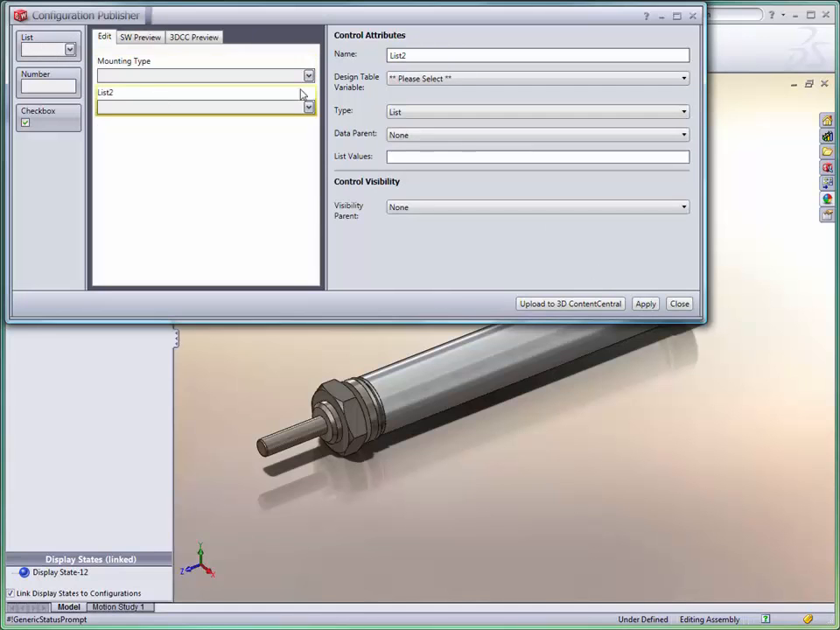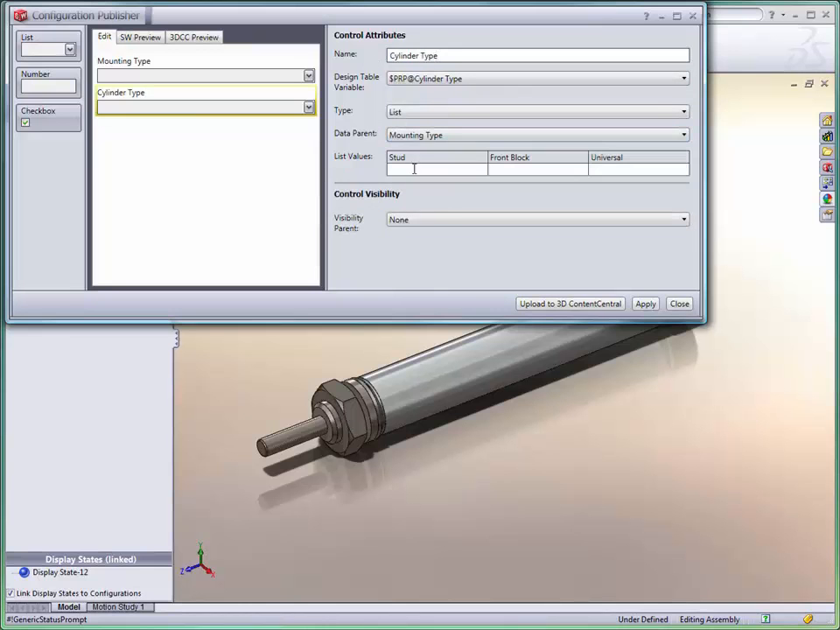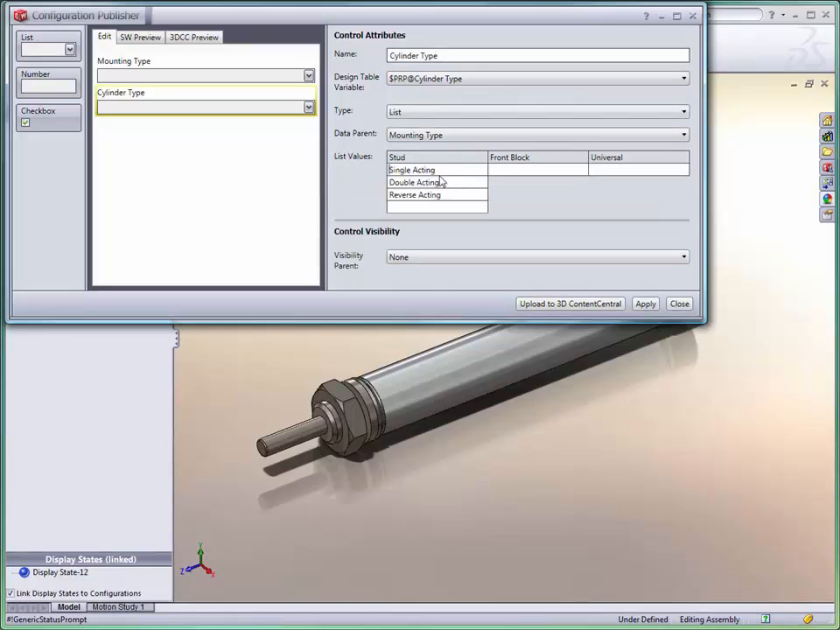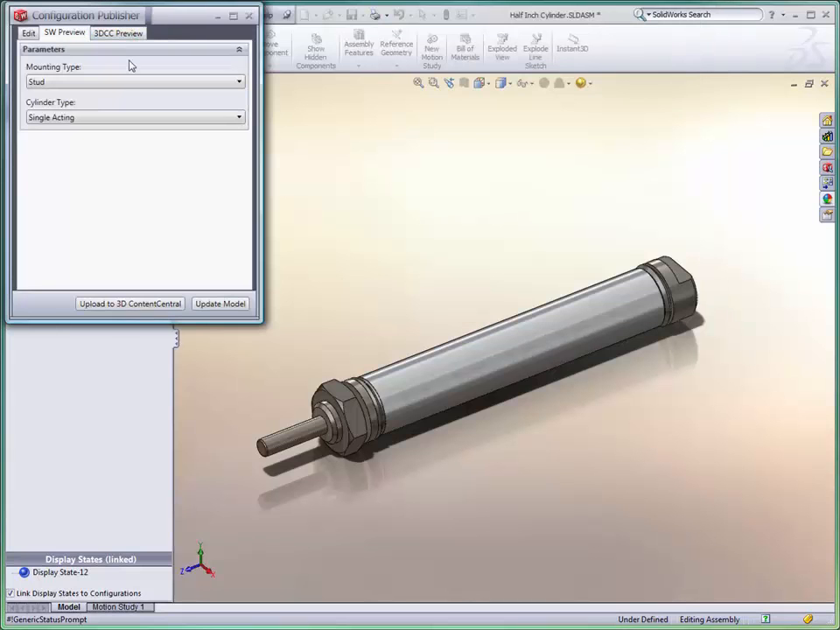Now once the user specifies mounting type, we'd like them to specify cylinder type. But the cylinder type does have a dependency on the mounting type. So we can define that parent-child relationship, and a table appears which allows me to input the valid choices for each mounting type. You can see front block only has 2 choices, stud and universal has 3 choices. And one thing that I like is you can always preview the form to make sure it's responding correctly,